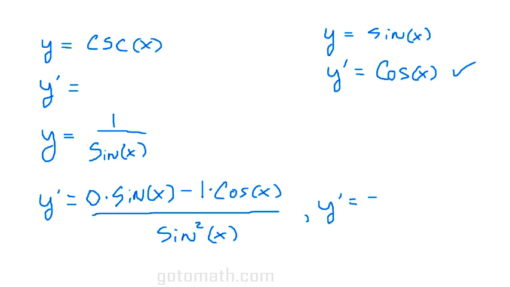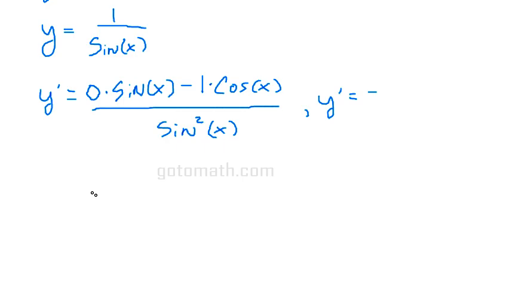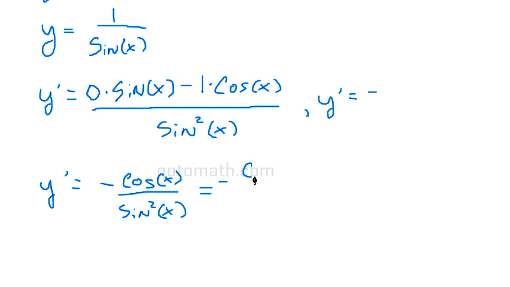let me scroll down the page here. Let's just do this right here. y prime is equal to negative cosine x over sine squared x. Alright, we can actually rewrite this, and how about I just put an equal sign right here. We can rewrite this as negative cosine x over